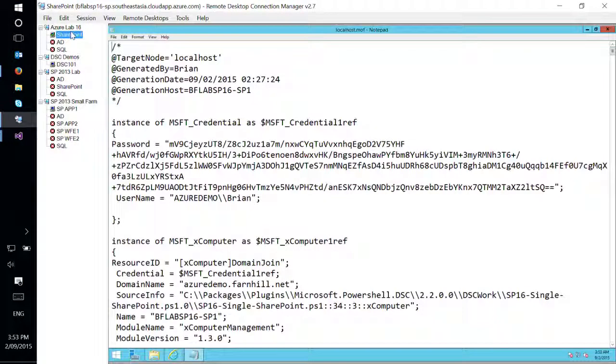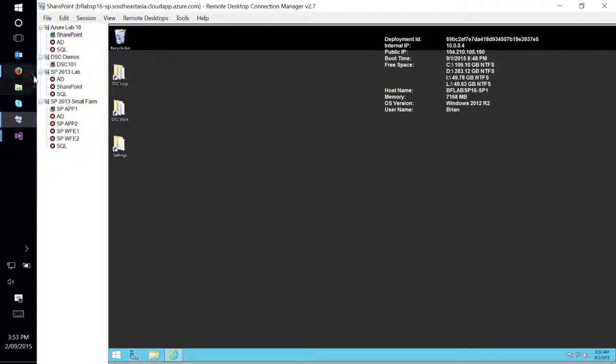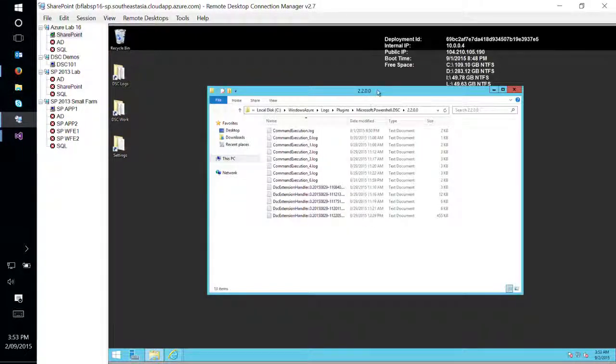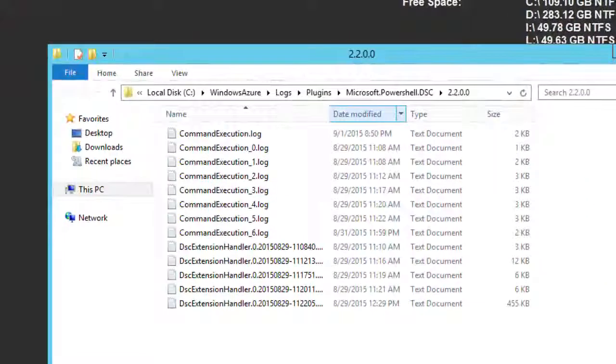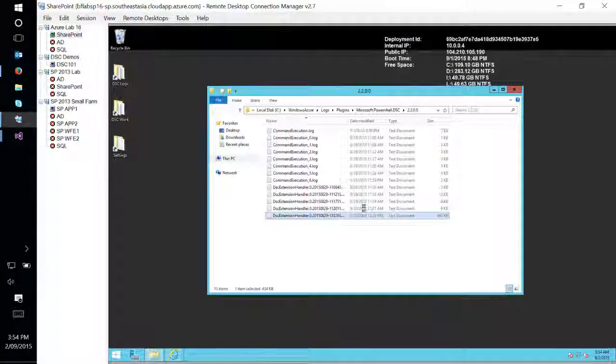Now if I go back to that, just to show you a few of the things that are involved in this extension, if you go to, under C drive, Windows Azure, logs, plugins, DSC, and then your version number, this is where all the logging gets spat out to. So everything about that verbose logging that you saw in my DSC 101 example gets spat out into a text file here. So if I open my last one, for example,